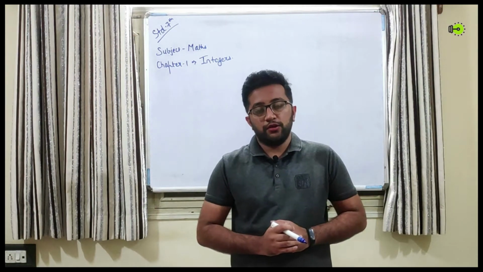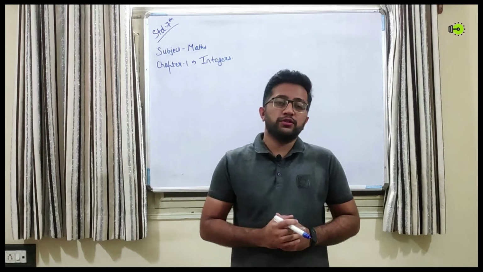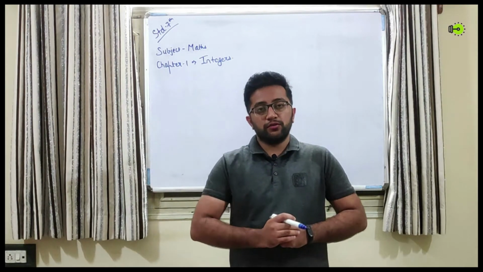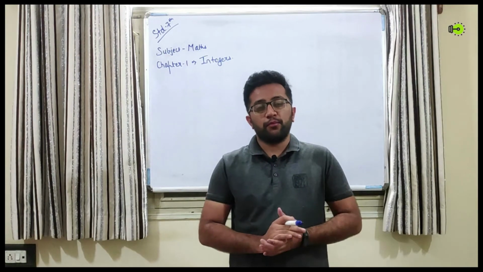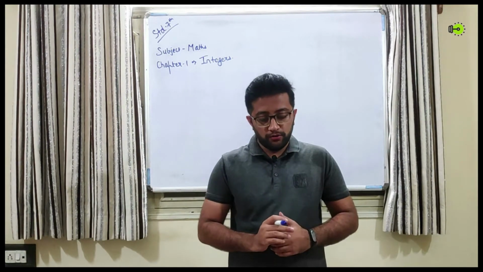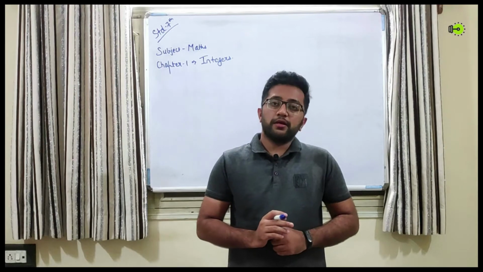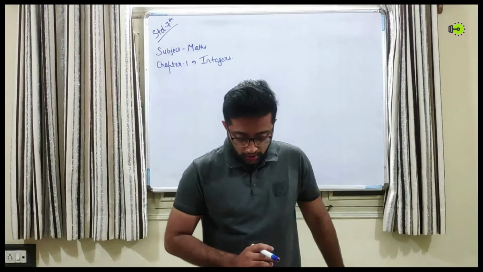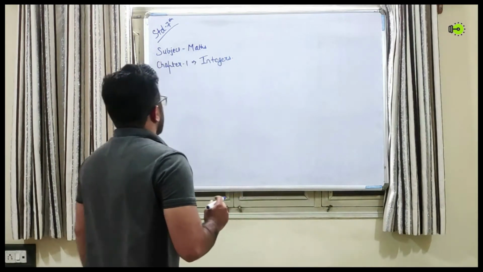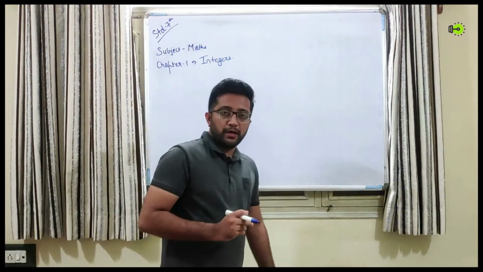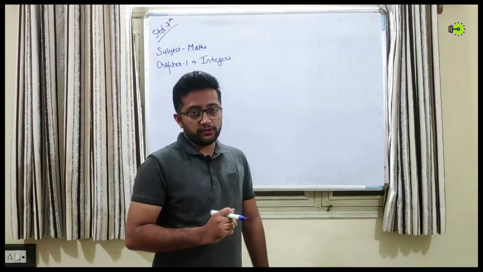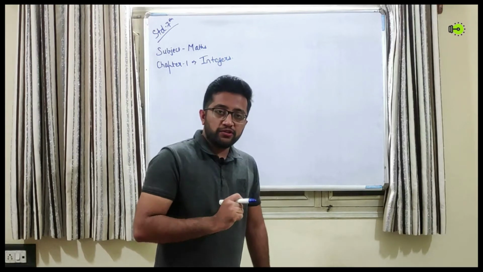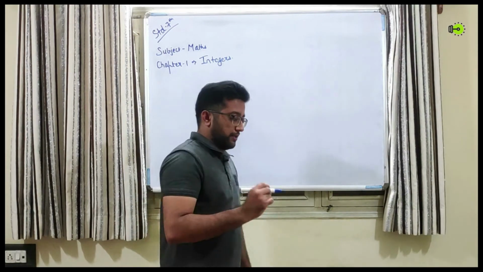In the previous lectures we learnt about rules regarding addition and subtraction of integers, and we completed exercise 1.1. In addition to that, we also learned about the commutative and associative properties as well as other properties regarding integers. Now we will continue with certain rules related to multiplication of integers. We will study the rules of signs, that is, the sign convention regarding multiplication of integers.